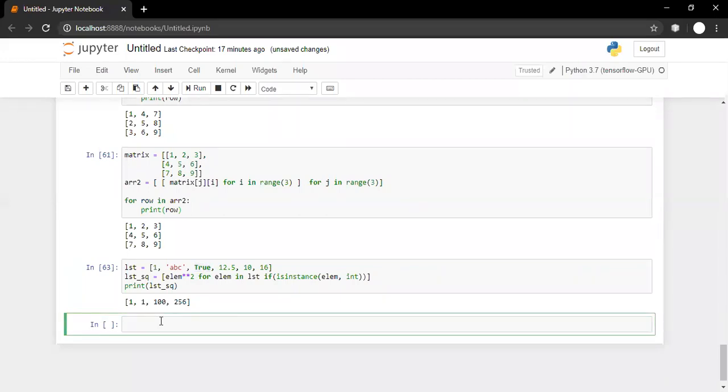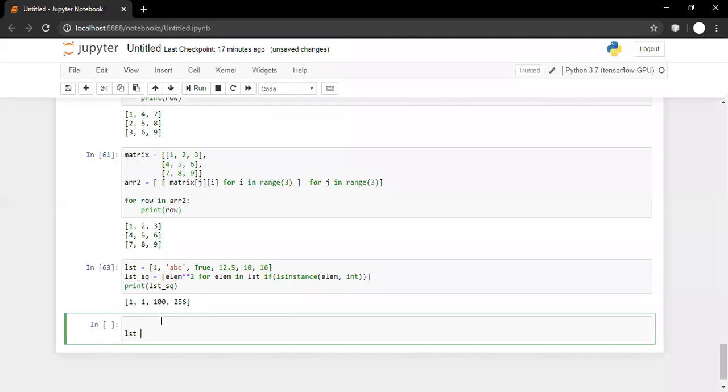Yes, any doubt in this example? Ashwini is asking, sir, can we use isdigit? See, isdigit and such methods are used when you are dealing with strings. isdigit is a method specific to strings. So if you have a string input and you want to check whether it is a number or not, yes, you can use isdigit.